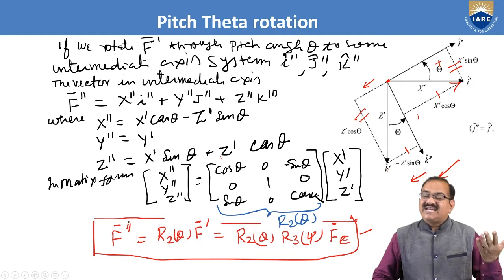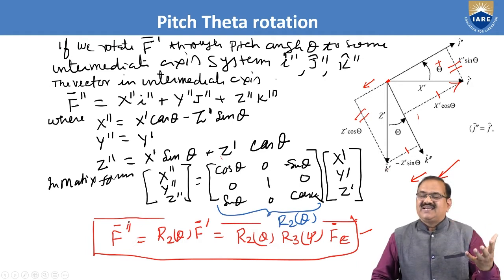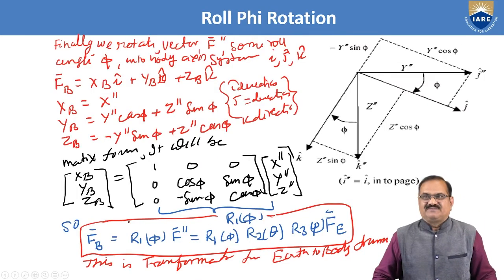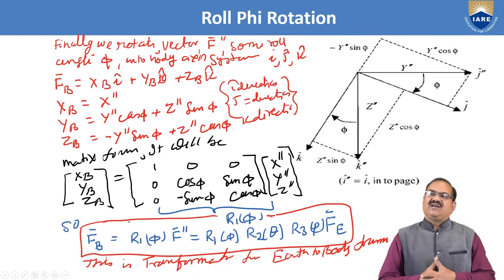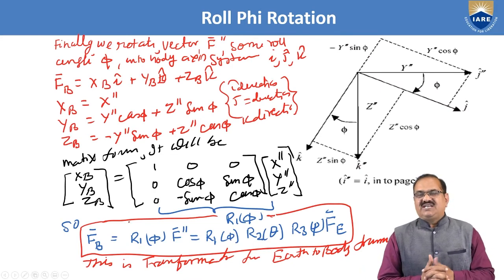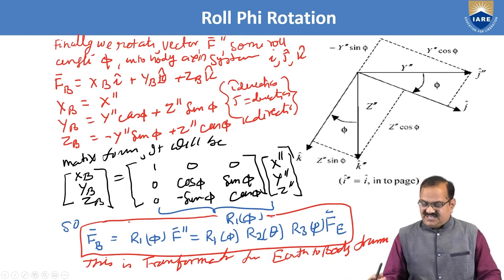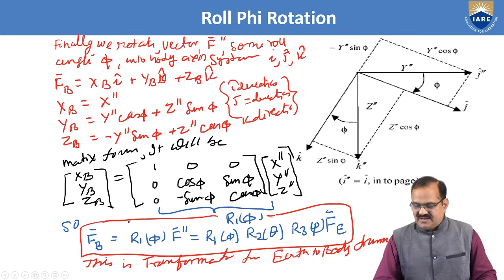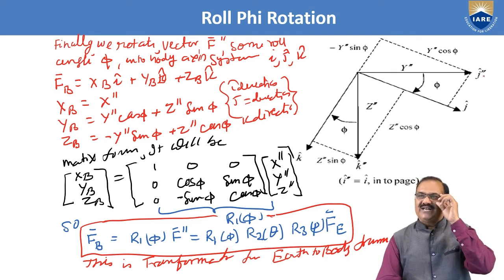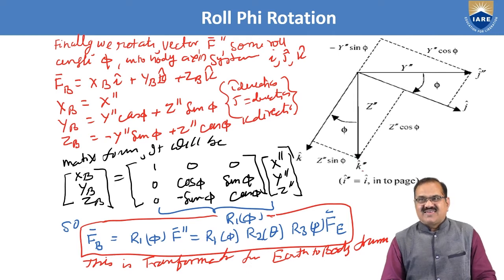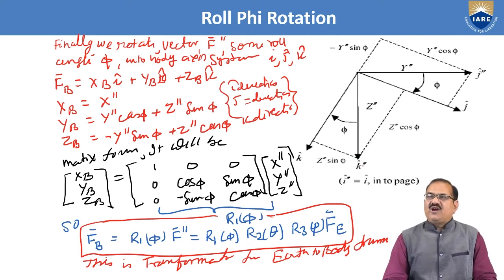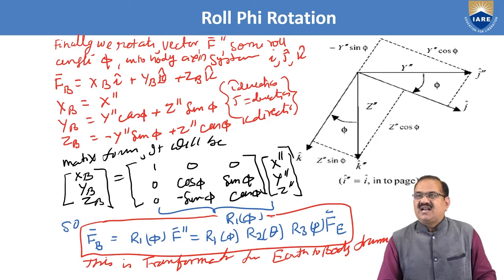So I am going for the next rotation, and by rotating the next, I am going to get converted from earth to body axis system. Now the last rotation of Euler is roll rotation or phi rotation. See this diagram. The phi rotation will come when the x axis remains in the same direction. So we have seen that this is the j double prime. Last time we rotated, and here we got the k double prime. Now we have to rotate this about x, and it is phi.